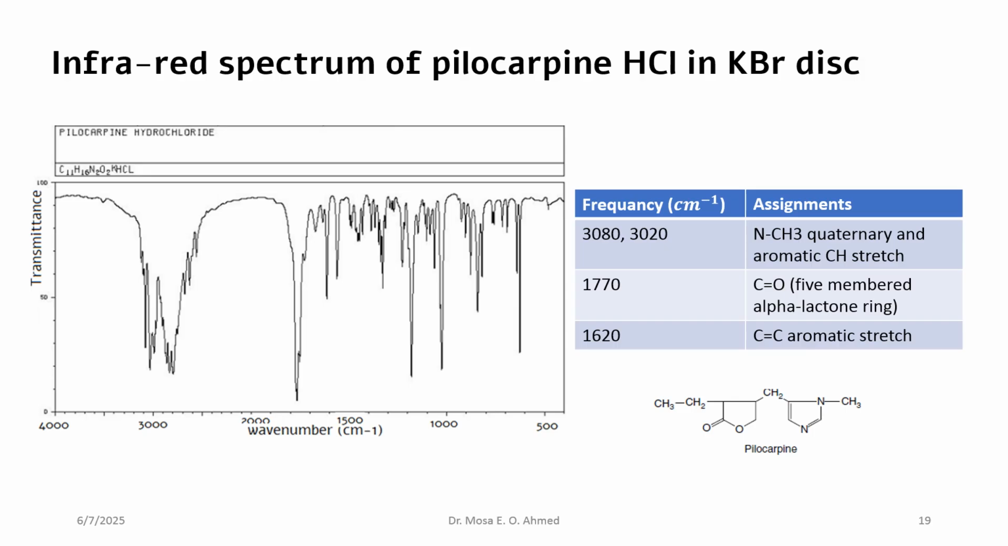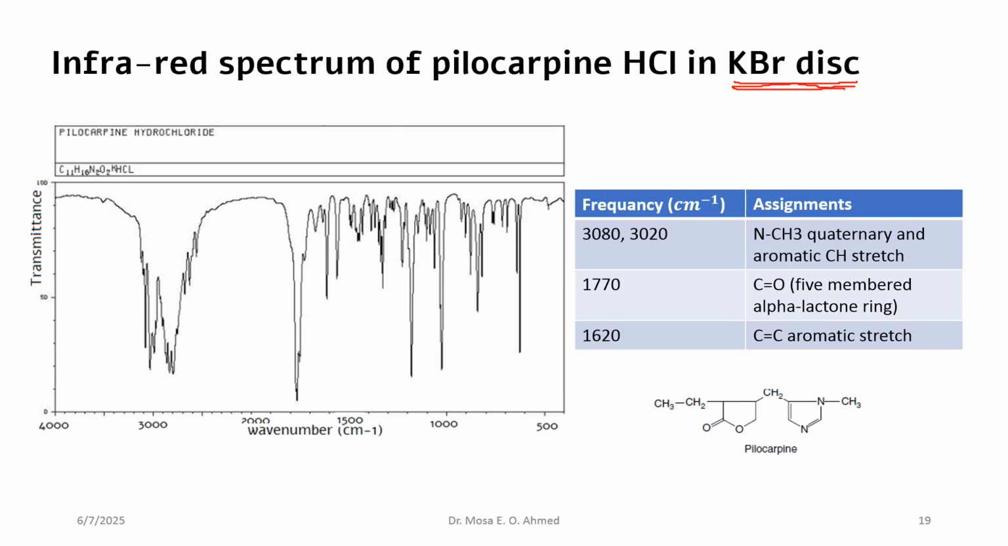Here is the IR spectrum of pilocarpine hydrochloride in a potassium bromide disk. It is worth mentioning that one of the important instrumentation principles of using an IR spectrophotometer is the use of the potassium bromide disk. In this potassium bromide disk, we mix the powder sample to be analyzed by IR. As appears in the spectrum,